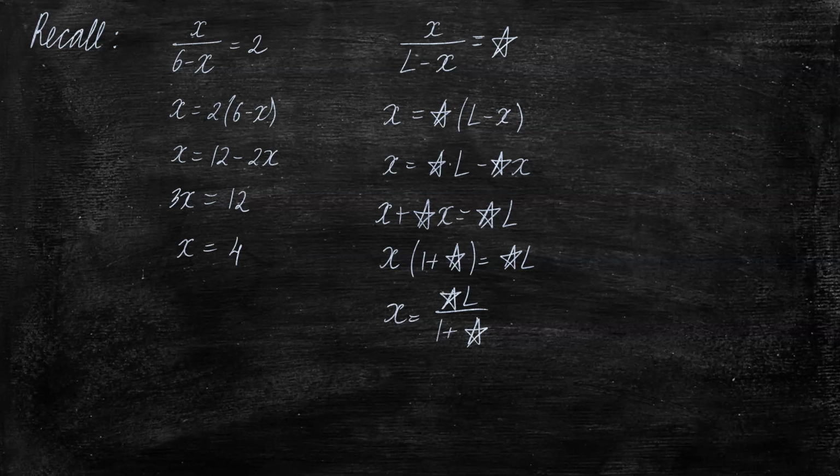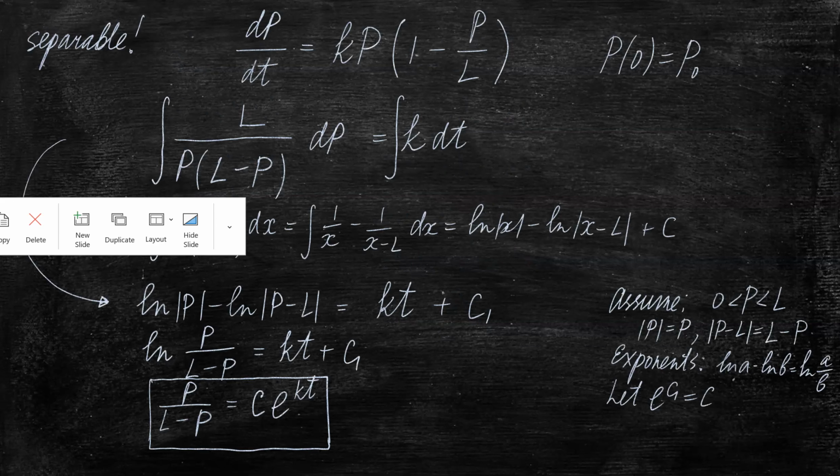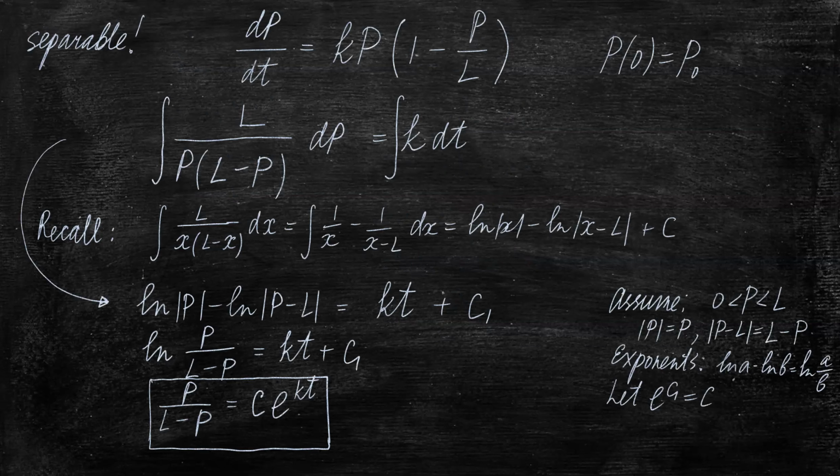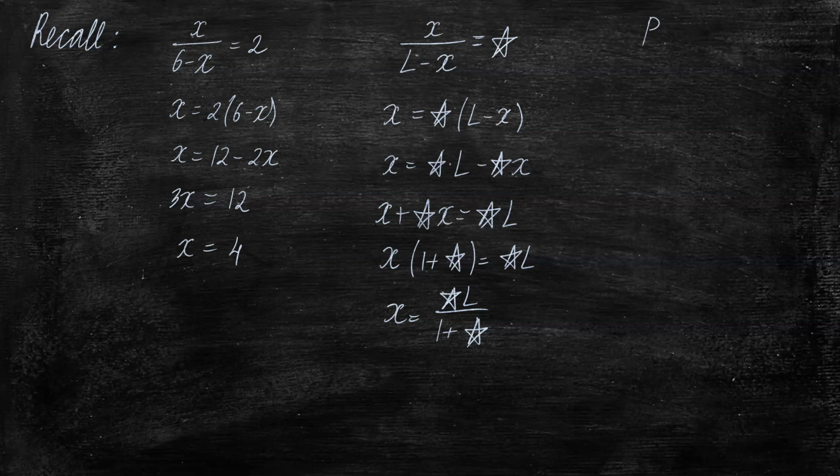So what does that mean? That means when we have P over L minus P equals C e to the power kt,